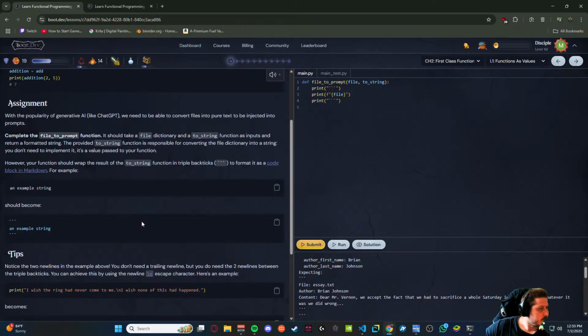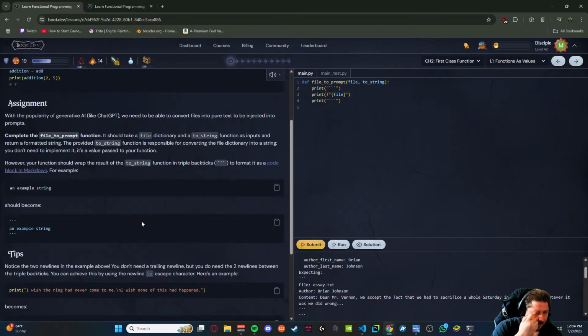In the file to prompt function, it should take a file dictionary and a to string function as inputs. Triple brackets.